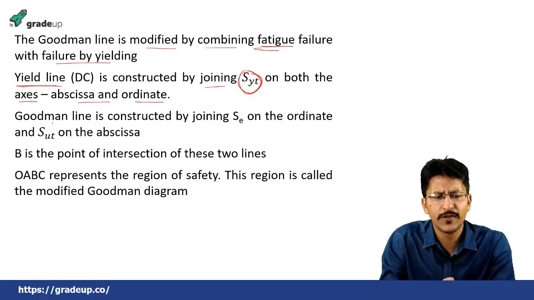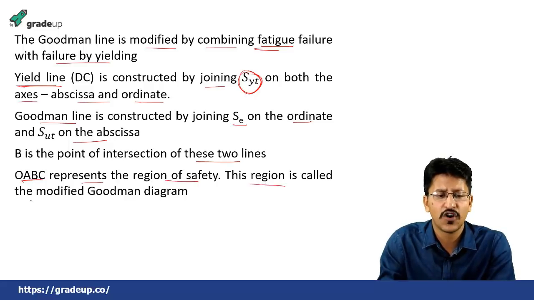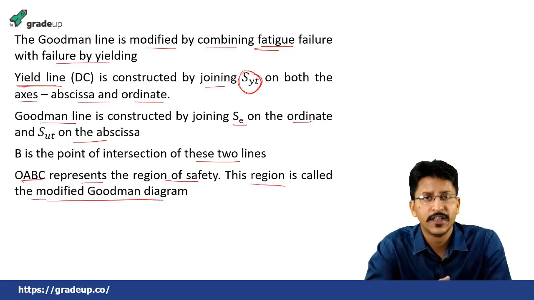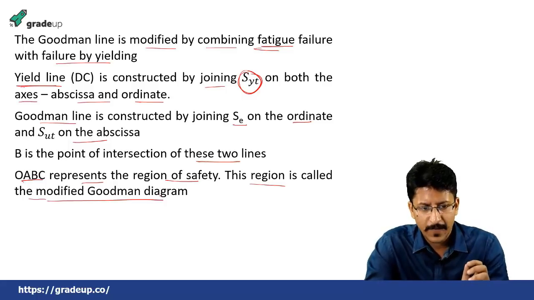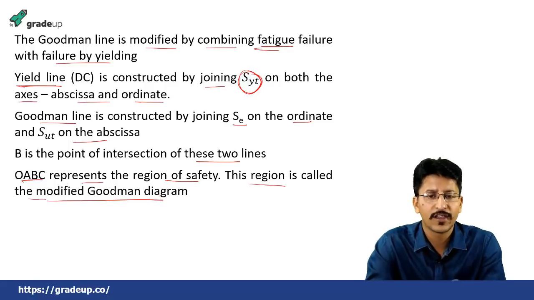Then the Goodman line is constructed as usual, joining SE on the ordinate and SUT on the abscissa, and B is the point of intersection of these two lines. So this OABC represents the region of safety, and this region is called the modified Goodman region. This is just the basics about this diagram,